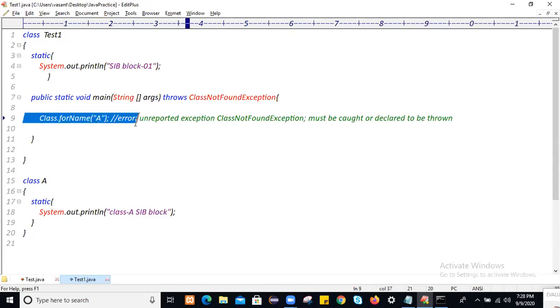So observe carefully. Write down a note here. We can execute static block logic of another class by using the forName method.